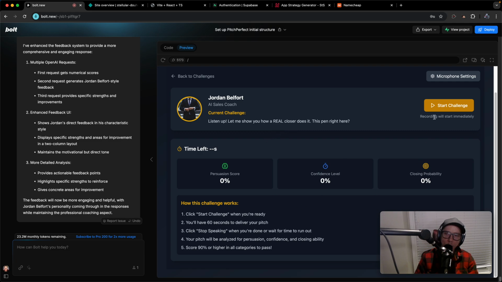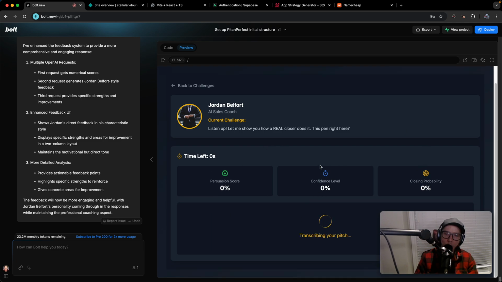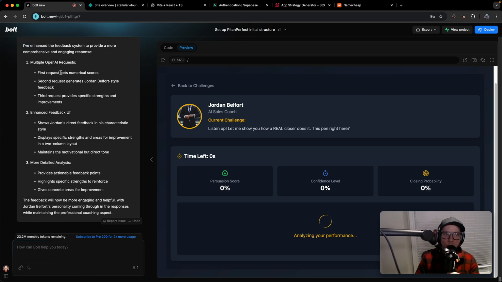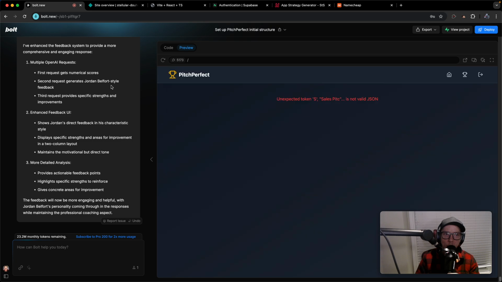Okay, so we know that we can't test it here. Hey, does this work? Oh, it does. Okay, it does work here. Analyzing your performance. Now it should be doing more OpenAI requests, I assume. That's what I asked it to do. But it's taking a little long. So the first request gets a numerical vote. The second request generates a style of feedback. And then this. Okay, so what I need is,